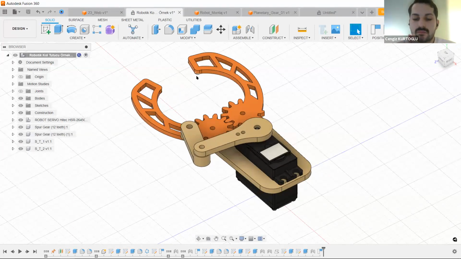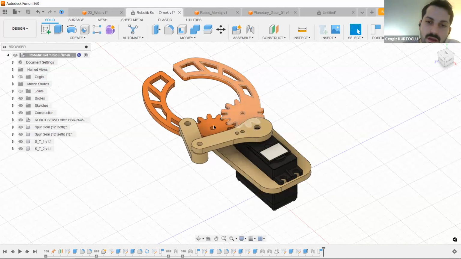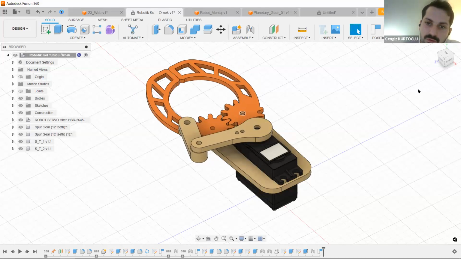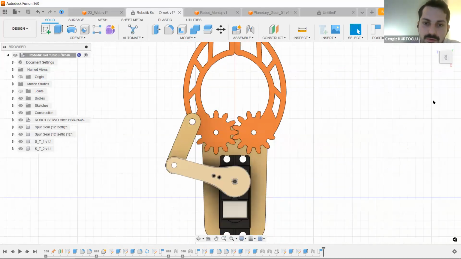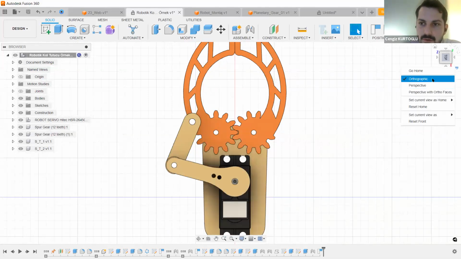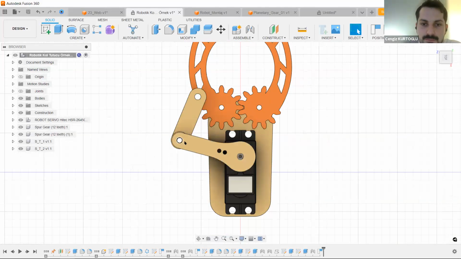which is not so hard to design, but you should have knowledge about the mechanism details to create these parts. For example, if you look at the top in an orthographic view, as you can see, there's a line between the 2 points as an axis,